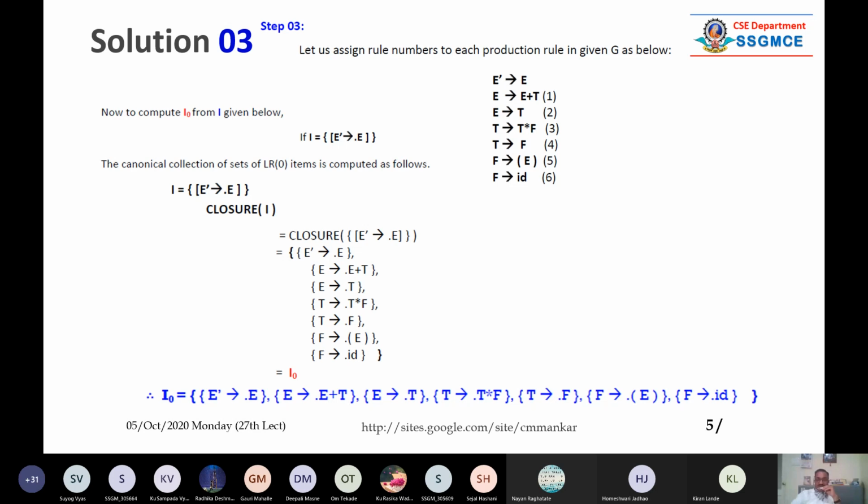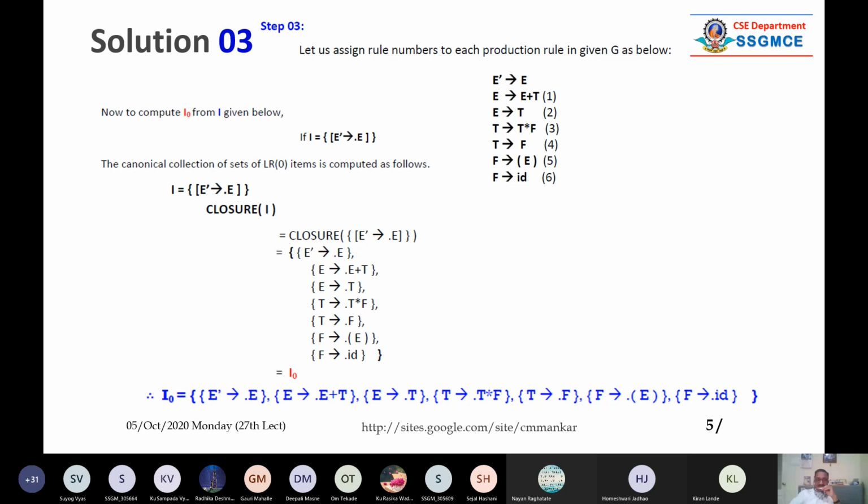So what we are doing? As per the rule, we keep the closure item as it is, and then the dot is in front of E. So we refer to the original grammar. E generates E plus T, and E generates T, so we get rules number 1 and 2. From 1 and 2, we get 3 and 4. And from 4, we get 5 and 6. In this way, we are adding all the production rules. This is called closure. So I suggest you refer to the algorithm. That's why every time I tell you that you should refer to the original algorithm for understanding it.